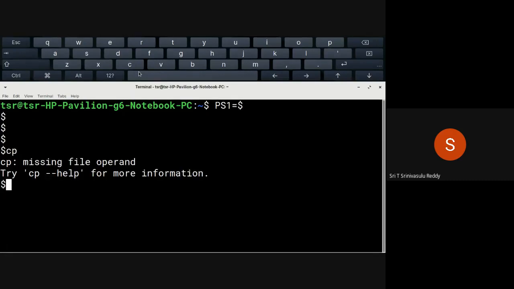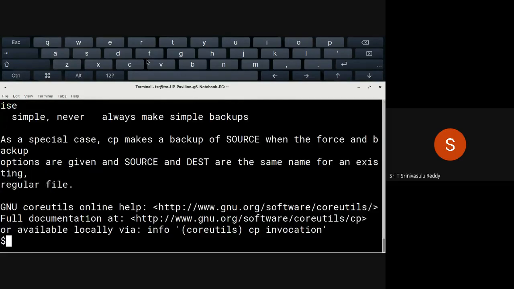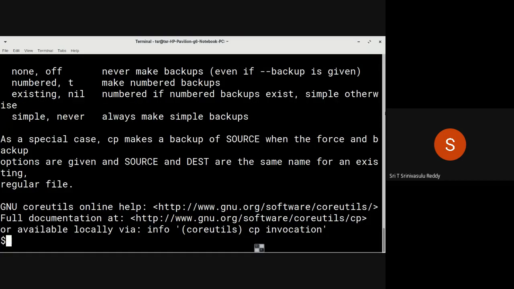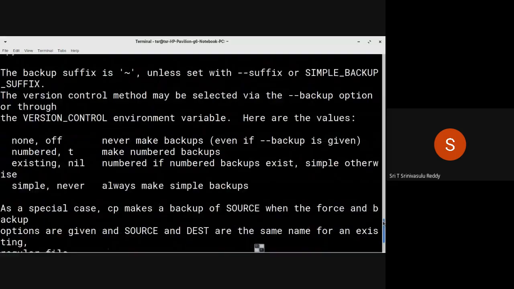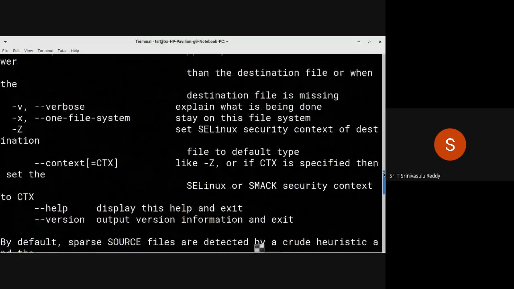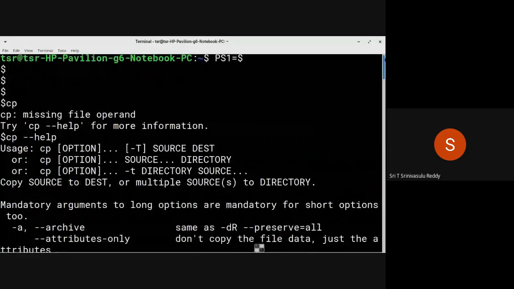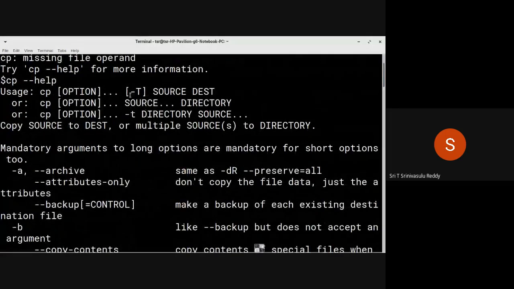It says cp: missing file operand. Try 'cp --help' for more information.